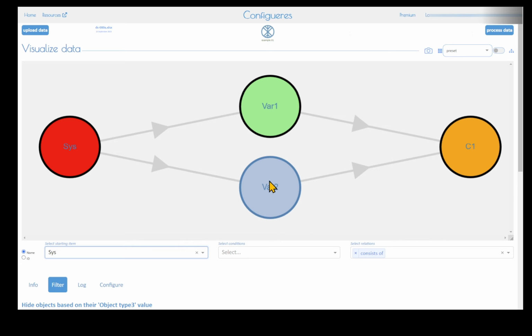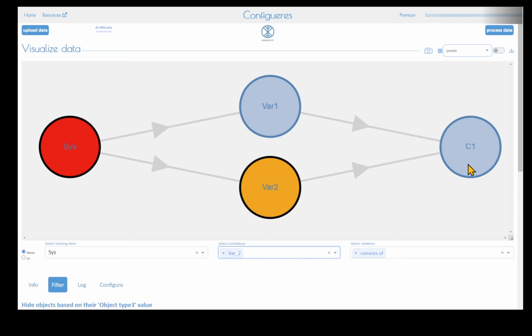And what you see here is that we have these two variants, and based on the selection of the conditions here, the outcome, the configuration, if you like, will be different. So if we choose for variant number 2, in this case you see that two things happen at the same time. Variant 1 is deselected and variant 2 is selected, and you now may wonder, why is C1 not in